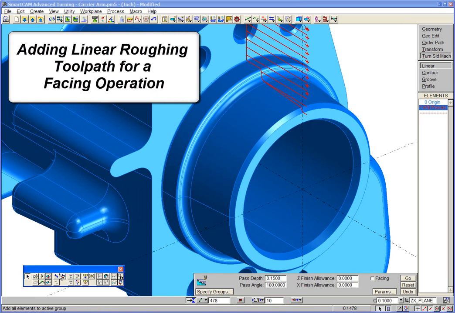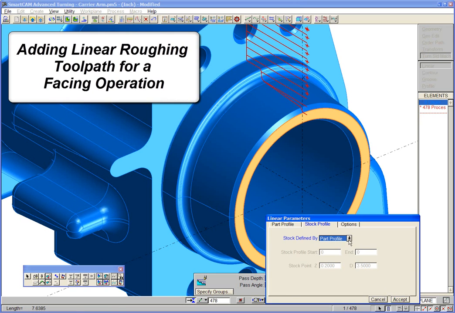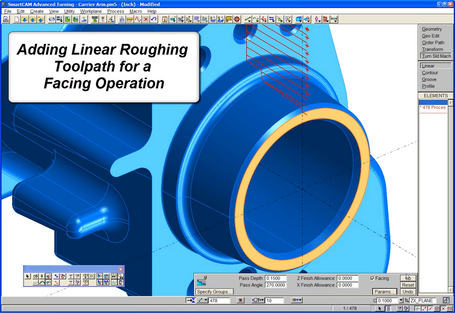We select just the single front face of the model, which is at Z0. This time, we will use a stock point to define the material boundary to be used by the cycle. We will use a distance of 0.2 inches in the Z direction and continue with a pass depth of 0.15 inches, which will automatically create the multiple passes we require. We use a stock diameter of 3.5 inches, just beyond the maximum diameter of the chamfered face. We hit Go and facing toolpath is generated. Notice that the minimum extent of the toolpath has been correctly generated to the extent of the inner diameter of